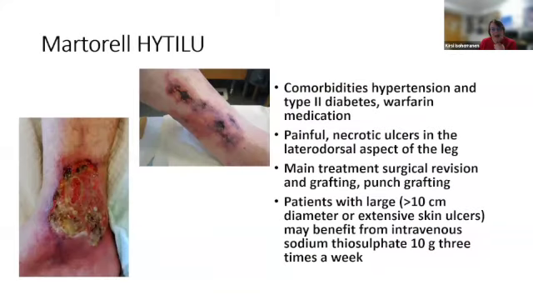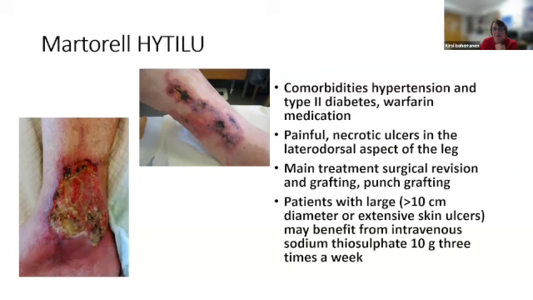Martorell ulcers are ulcers that might not be so known everywhere. And you can see here that they are also very necrotic, painful ulcers in the ankle, posterior calf, laterodorsal area of the leg, and main comorbidities are hypertension and type 2 diabetes, and also warfarin medication. And the main treatment is surgical revision and grafting. With smaller ulcers, we can do also punch grafting, but we nowadays more and more use also intravenous sodium thiosulfate, as these wounds very often